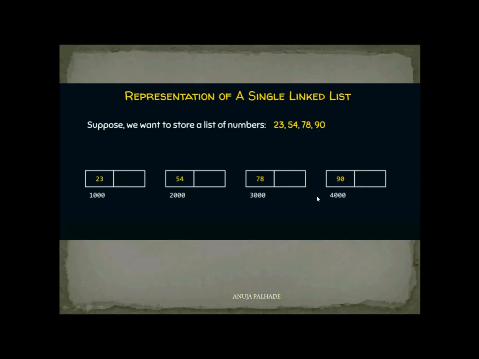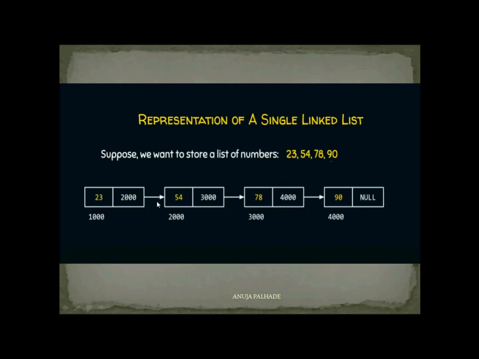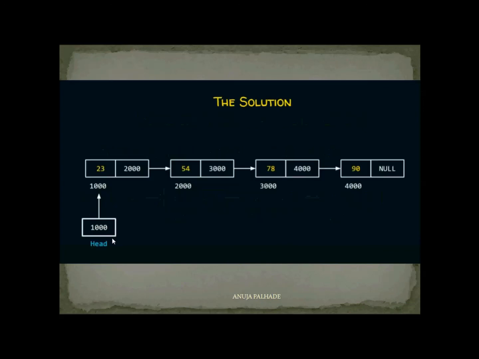This is somewhat incomplete. So what is the completion? The linking of these nodes. Here I have added the next node's address in the previous node. You can find here the address 2000 I have added in the first node. In the second node I have added the address of the third node, and in the third node I have added the address of the fourth node. Again this is somewhat incomplete. We require the address of the first node. To find the address of the first node, I link the head node to the first node. So this is now the complete singly linked list, you can say.